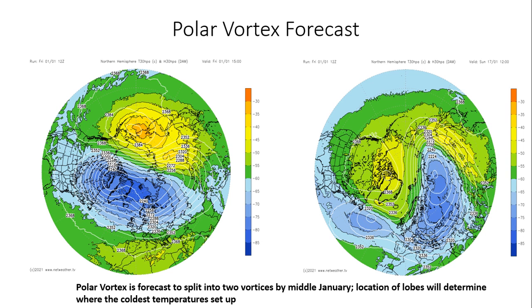All right, the graphic on the left, now what I want you to pay attention to, let me just explain this briefly before I show you these forecasts and explain these graphics. The blue shading represents the coldest temperatures in the stratosphere. You can see a scale on the right of each of these diagrams, and you'll notice the negative values. Now, when I'm talking about the stratosphere, we're going way, way, way high above the ground. So the higher you go in the atmosphere, the cooler the temperatures get. So the blue shading on both of these graphics shows where the temperatures are fairly cold,